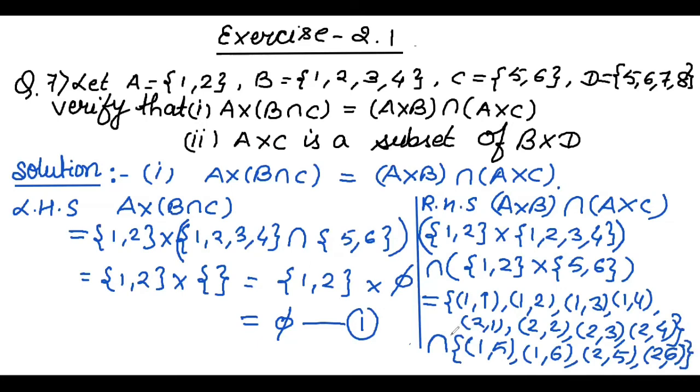Now we have to find out common elements here because intersection is there in between. 1, 1, 1, 2. Any common element is there? No, we can't find any common element here. You can see, so finally here also we are getting the empty set. So RHS also we are getting the empty set. We can give it as equation 2, and LHS also we got the empty set. So in both the cases, from equations 1 and 2, we can write that this is verified. A cross (B intersection C) equals (A cross B) intersection (A cross C). So I'm going to write here, space is not there, so I'm going to rub this part.